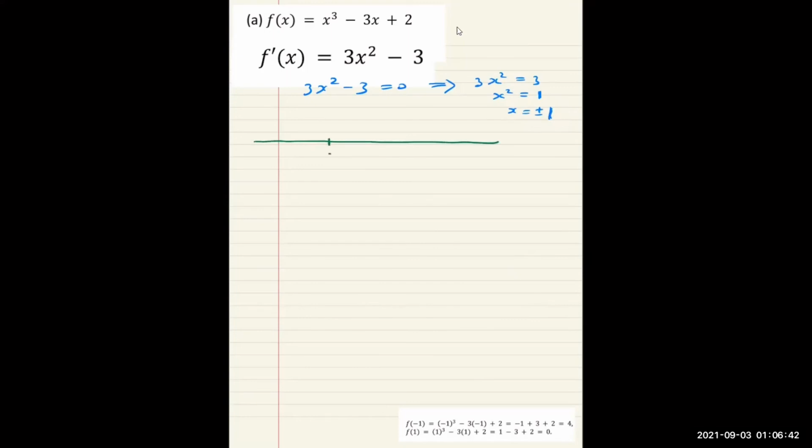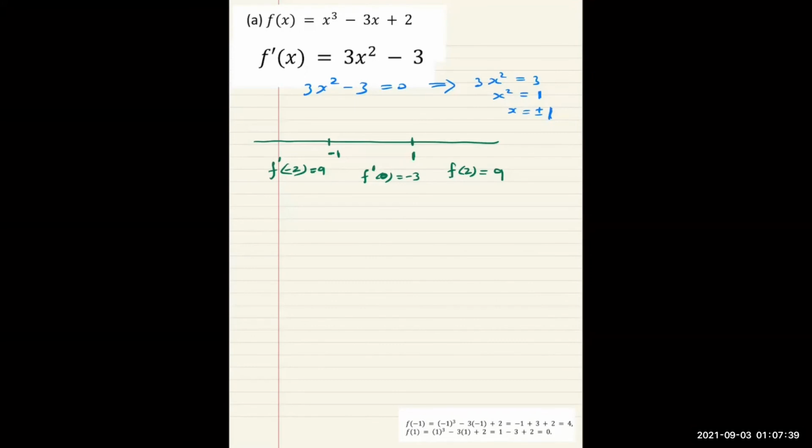Here is your 1, -1, and here is your +1. Okay. Now I'm going to figure out the sign in each interval. I'm going to compute f prime of -2 and then f prime of 0. I'm picking 0 from this interval and I'm picking -2 from this interval. And from the last interval, I'll pick 2. And if I compute these values,